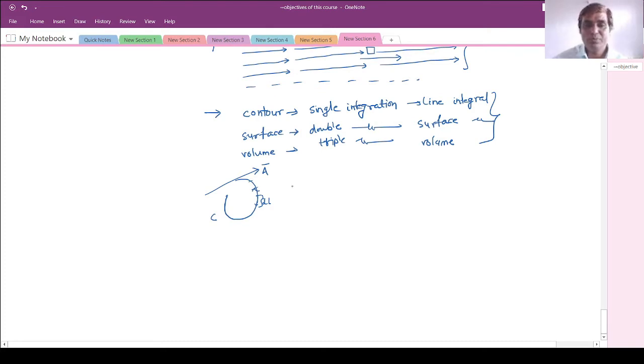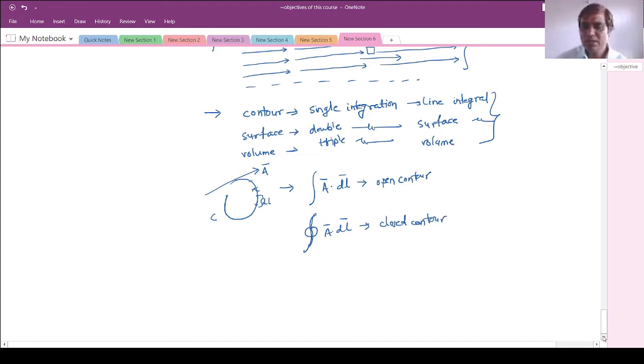So how to represent that? If I would like to find the contour integration, if it is open, it will give me the dot product between the vector a bar and the small segment dl bar. So this is my open contour. And if I would like to find it for a closed contour, you make the integral sign like this and find a bar dot dl bar. So this operator is for a closed contour.